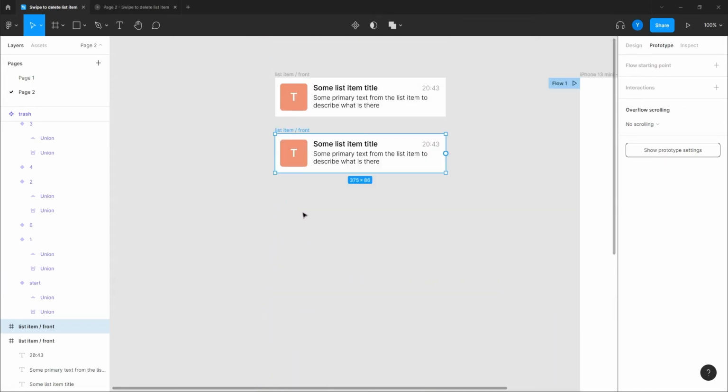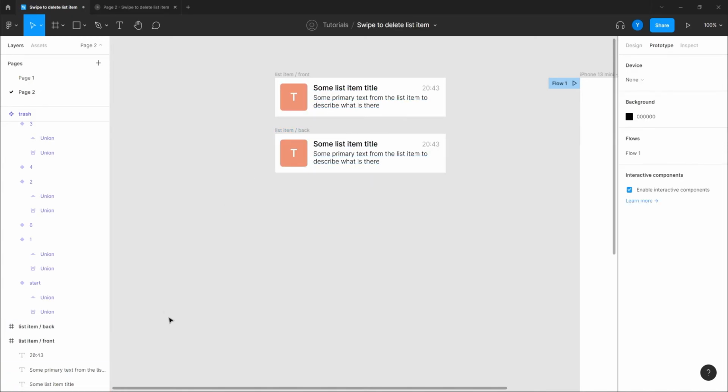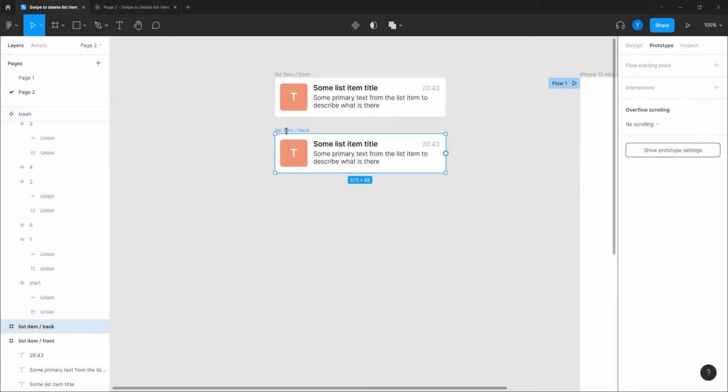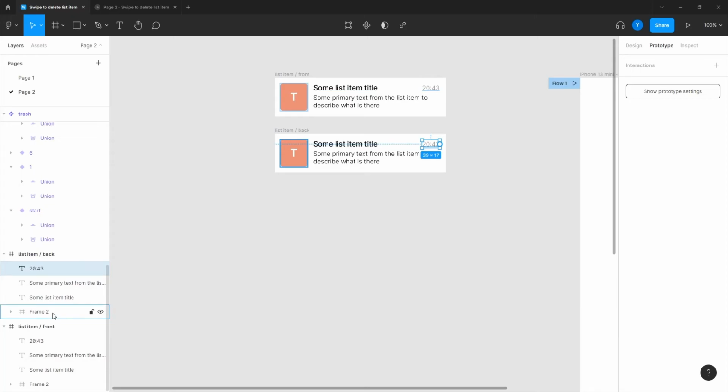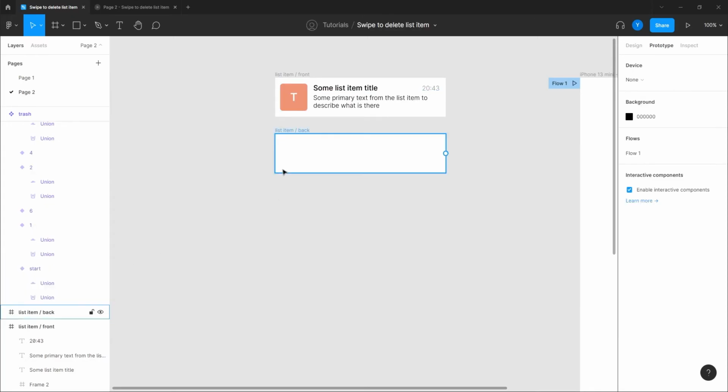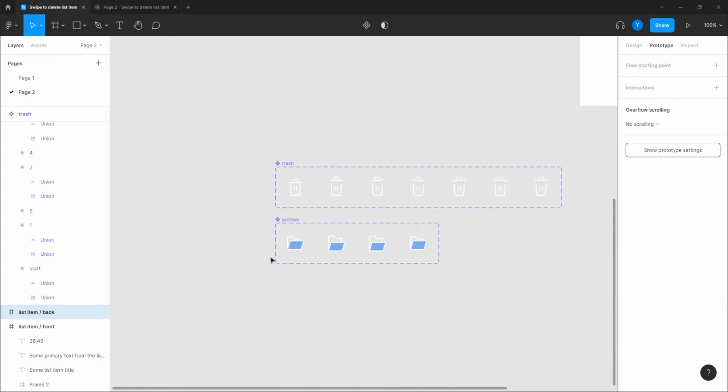Okay, no problem. So this one is going to be the back. I need a frame to be at the back of this one and hold the icons inside it. So that's the way I built it. So this is the back, and from this frame actually I'm going to delete all its contents, which I don't need, and the color of it is going to be this one.